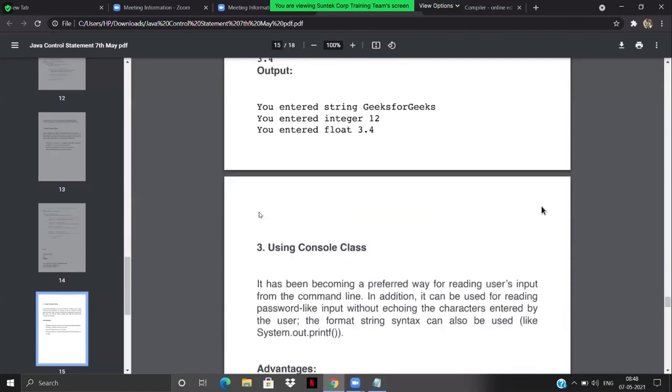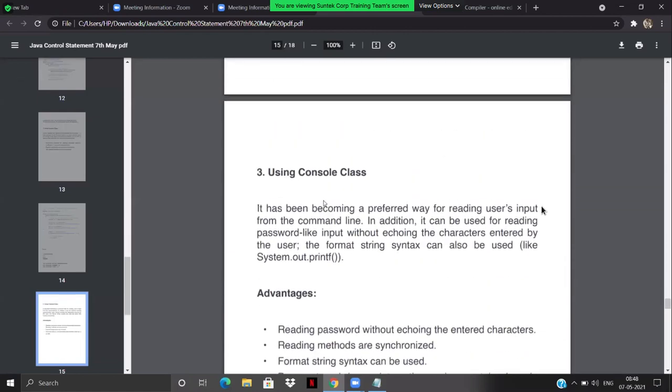So let's move on. Okay, the third way I see is using the Console class. The Console class has been becoming preferred for reading the user's input from the command line. In addition, it can be used for reading a password without echoing the characters entered by the user. The string format syntax can be used like System.out.println. This is not regularly used, but sometimes we can use it